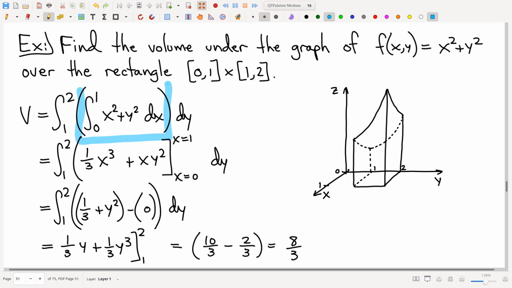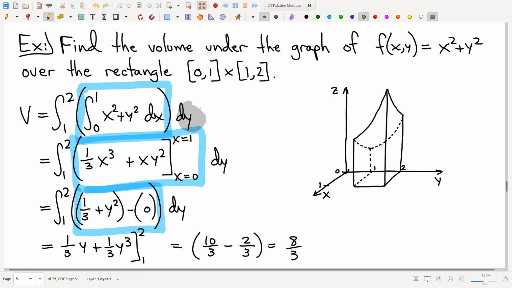for the purposes of this inside integral that we compute first. As I compute that inside integral, don't forget the outside variable is to be treated as a constant. That means that this term right there is to be treated as a constant because for the purposes of that blue integral, it literally is behaving as a constant. So it's easy to kind of lose track of that, right? It's easy to get into this mindset of, oh yeah, integrals, that's where you play the game, right? And so x squared turns into 1/3 x cubed, and I remember those rules, and